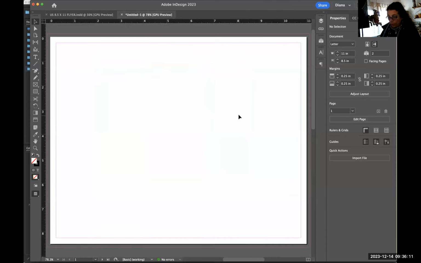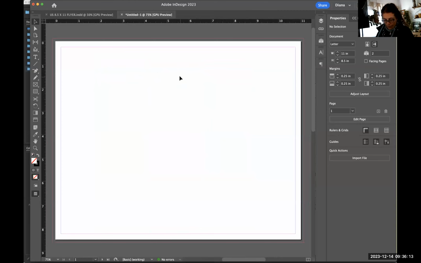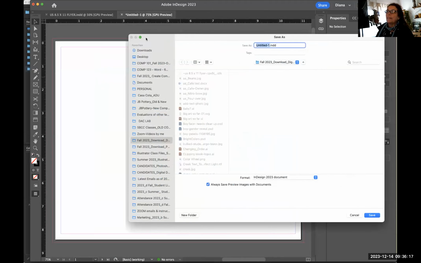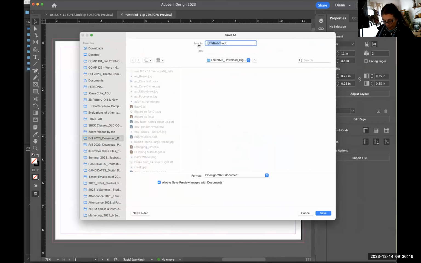So here's our trifold brochure. So let's go ahead and save it. Go Command or Control S or File Save, and let's call this one Coffee Bean Trifold. And I know, Monica, you created a nice little logo last time we did this with the same